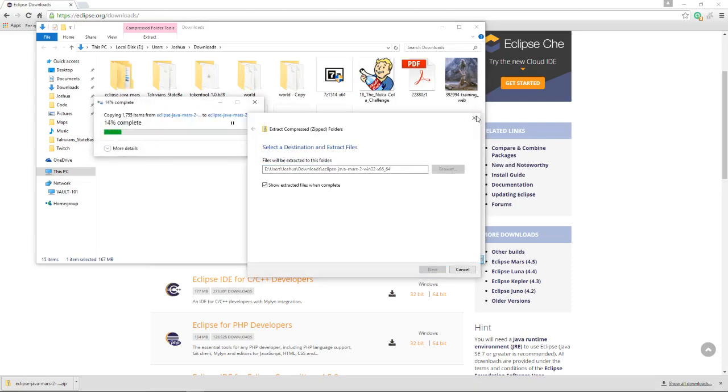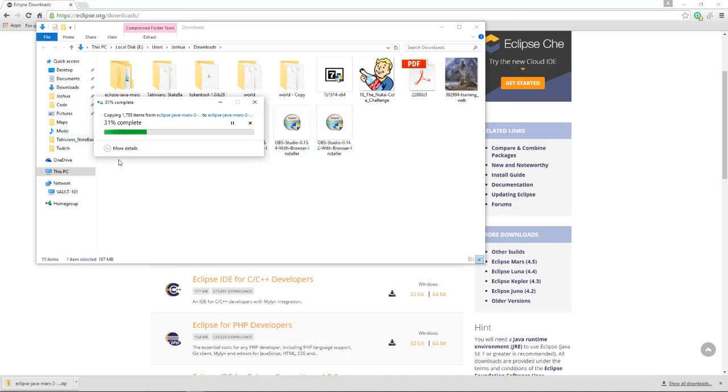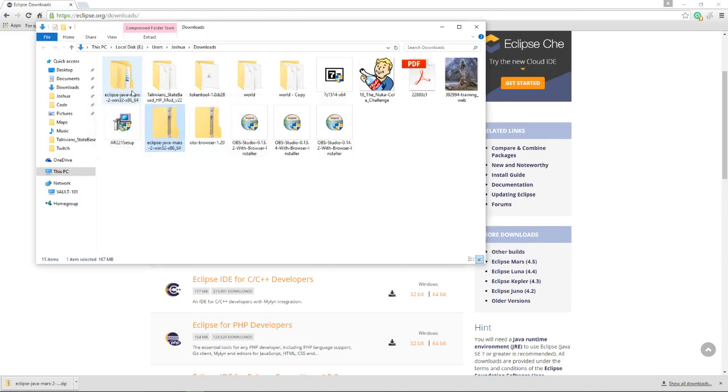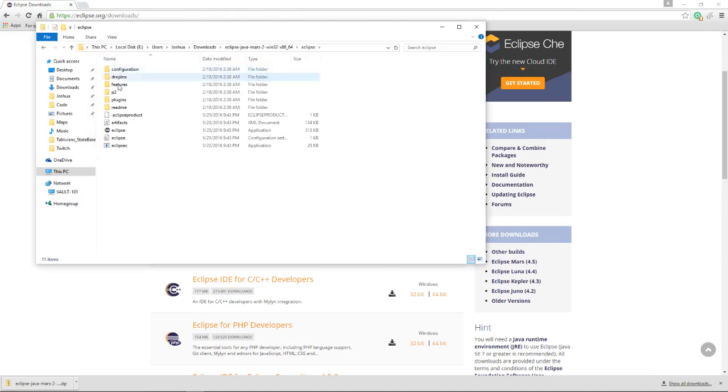Either way, you'll end up with some sort of archive. So you can see that it's extracting Eclipse. Now, when it extracts Eclipse, you're going to have a version of Eclipse that you can just run straight from the folder. So we don't have to worry about installing it on the computer. We can just run Eclipse from wherever. So once Eclipse is done here, almost, then we should be able to open it up. Excellent. So if we go in here, we go into Eclipse, and we can see that we have an Eclipse